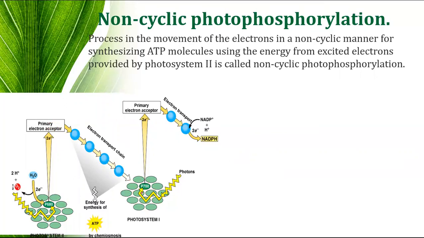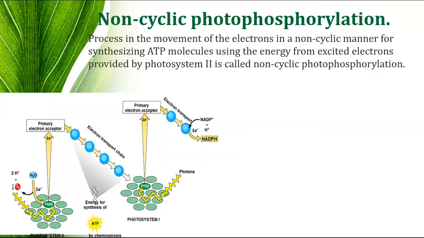Now here the electrons in the reaction center of photosystem I are also excited. Now this electron also gets excited when it receives red light, and is transferred to another acceptor. This is another acceptor, which we call the primary electron acceptor. It is transferred to another acceptor that has a greater redox potential.